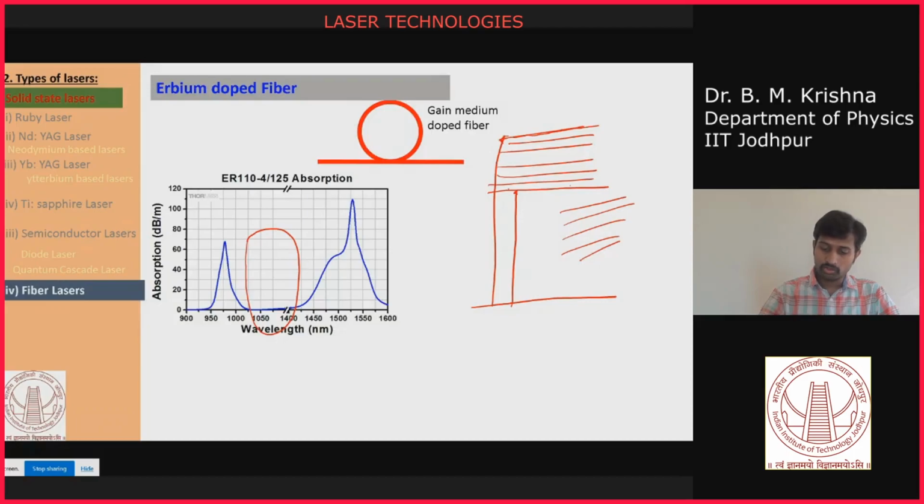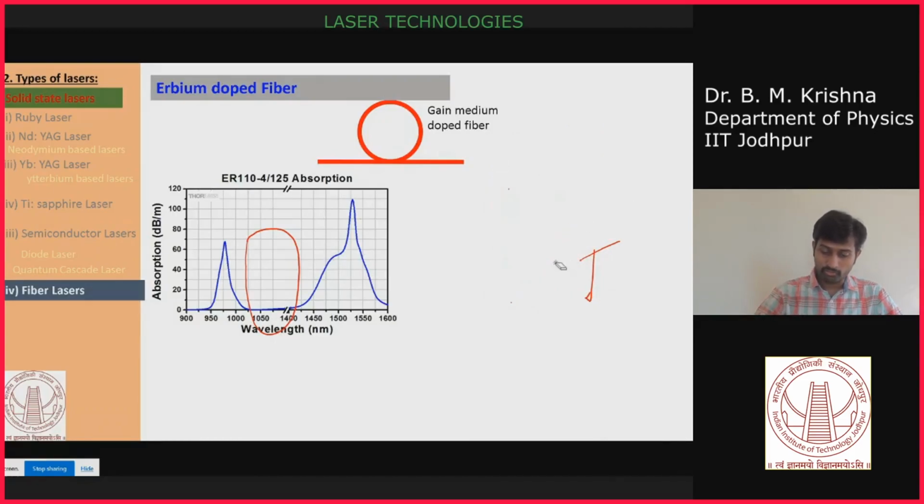Now that is the reason: you have certain energy levels. So these photons will relax to these energy levels by non-radiative decay. That means you don't see any emission. From this you have maybe emissions. That is your coverage of your fluorescence emission or spontaneous emission, which is shifted. It's called red shifted because of the loss of the energy of the photon. That means they have transitioned non-radiatively to the lower states.